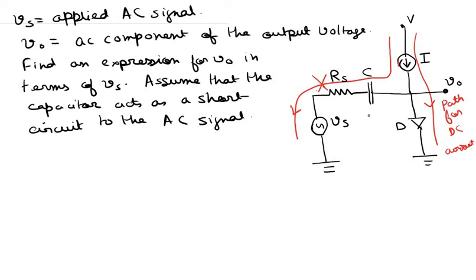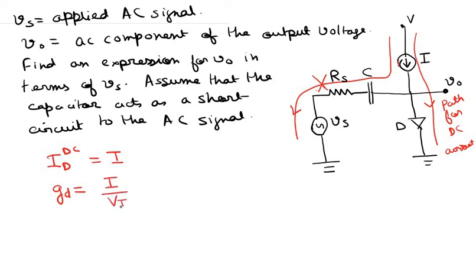Okay, so now we already know what DC current is flowing across this diode D. The DC current that flows through the diode (this D indicates diode and this DC indicates DC current) is basically equal to the current carrying capacity of this current source, which is I. So the small signal conductance GD of this diode is basically I